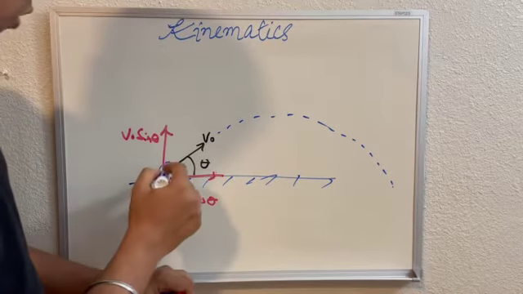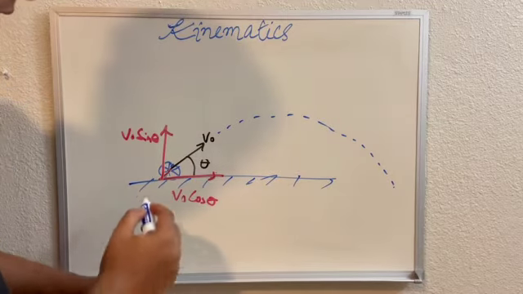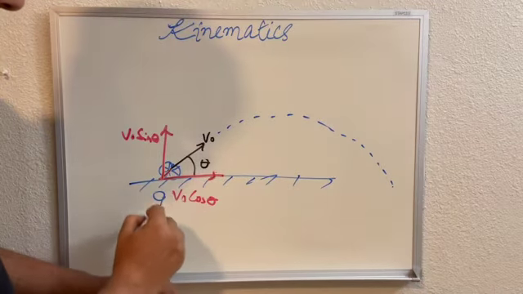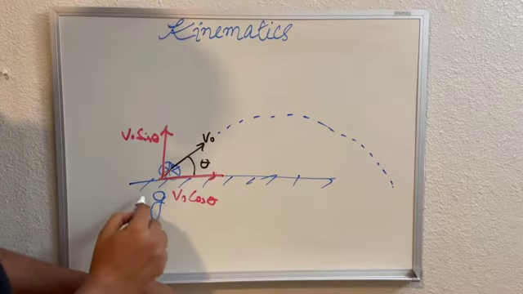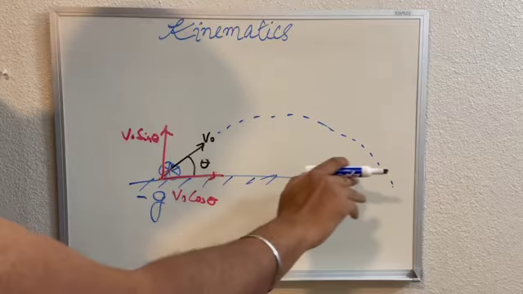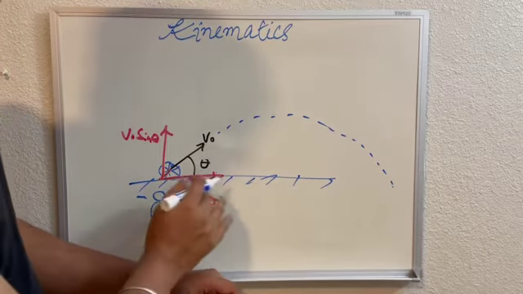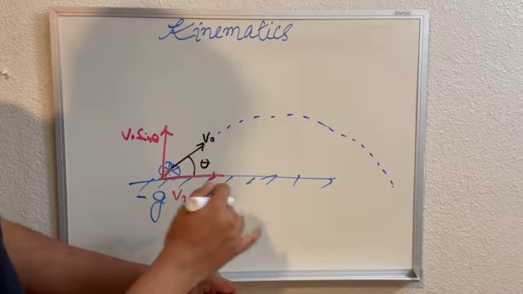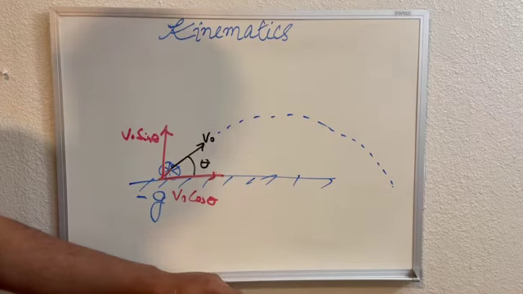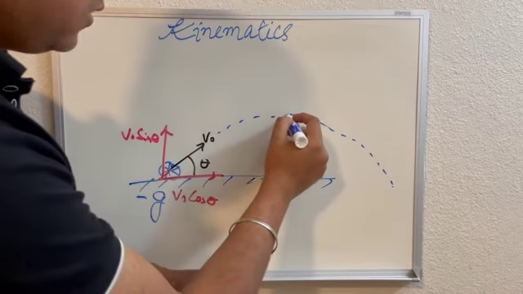Note, when the object is moving vertically, it is subjected to gravity. So if it's moving up, it's minus g. If it's falling down, it's positive g. In the horizontal direction, there is no gravity involved, so the object moves without any acceleration. Another key concept in projectile is, when the object reaches the top,